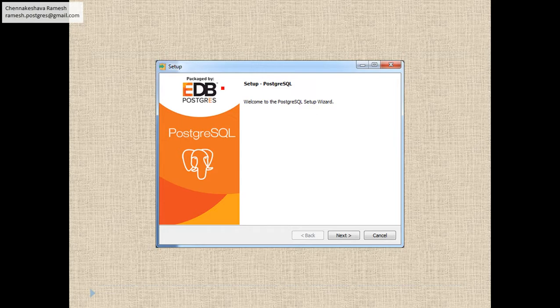The first screen it is going to launch is the welcome screen. You can see it mentions EDB Postgres, but this is the free version from EDB Postgres, which we can use for the GUI installation. Now, if you click on the next button,